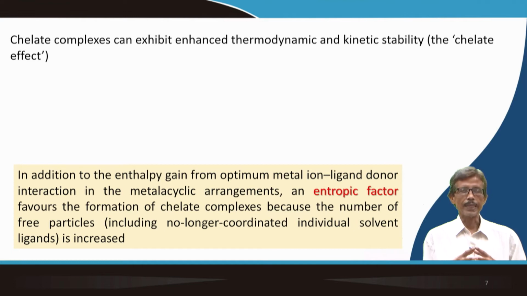So, finally, the delta H naught, or delta H 0, is the enthalpy gain. What we get out of these? So, you have the free energy change, the delta G 0, and for the optimum metal ion ligand donor interaction, that means the coordination, the metallacycle arrangement or the metallacycle formation can be controlled also by the entropic factor,